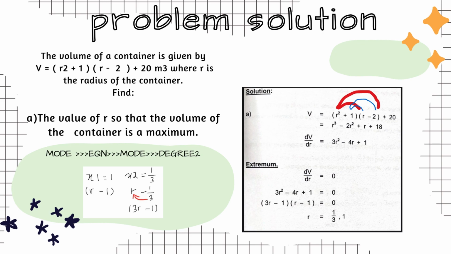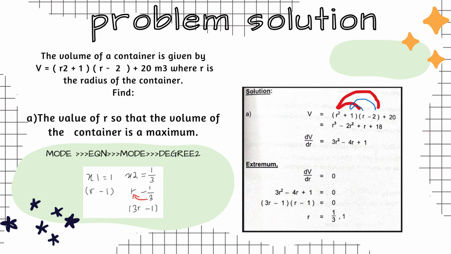Next, if we see an equation like this, we need to factorize using the calculator. So, first thing first, we need to go into mode and EQN and mode. Then, pick the degree number of 2. Then, put in the equation to factorize the equation. After that,